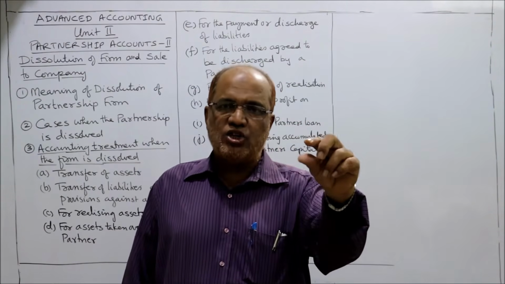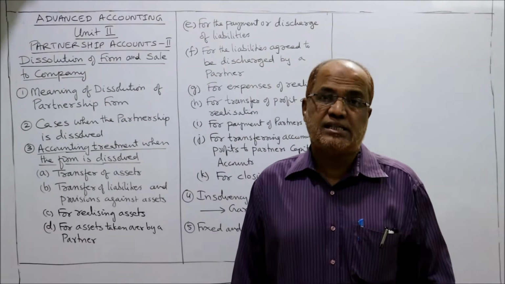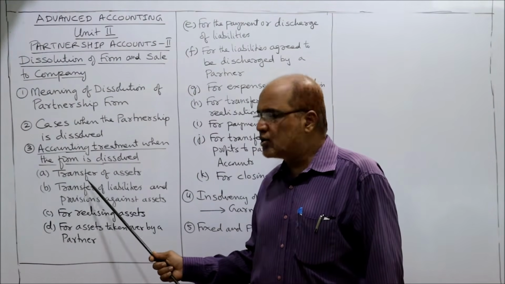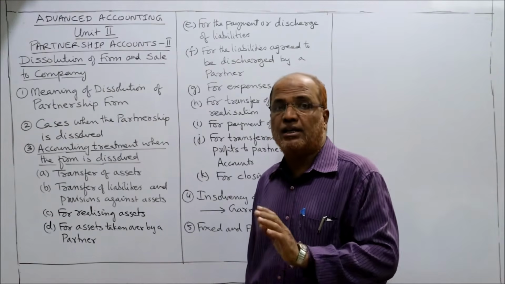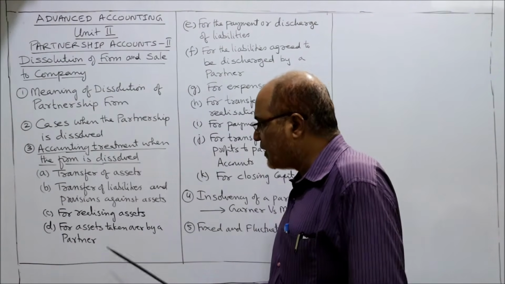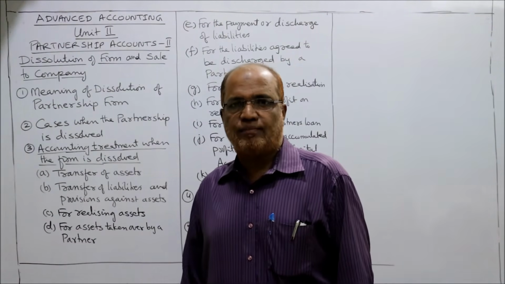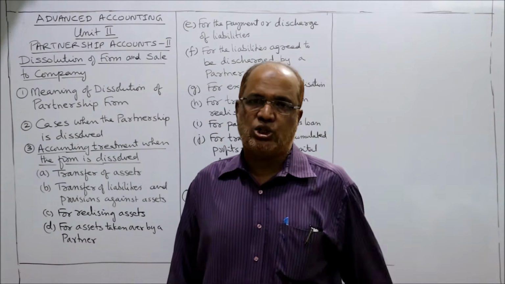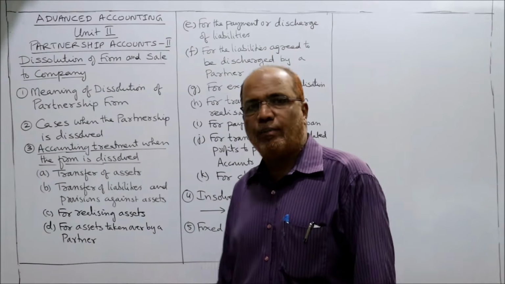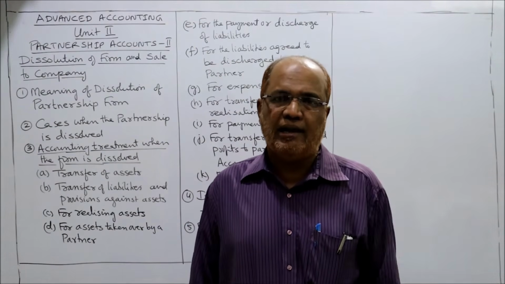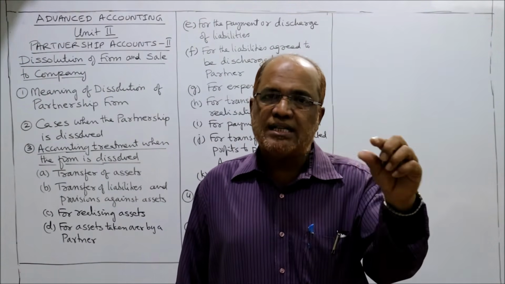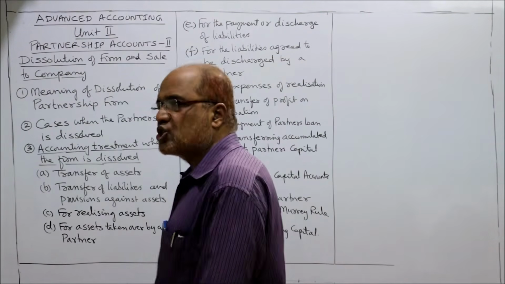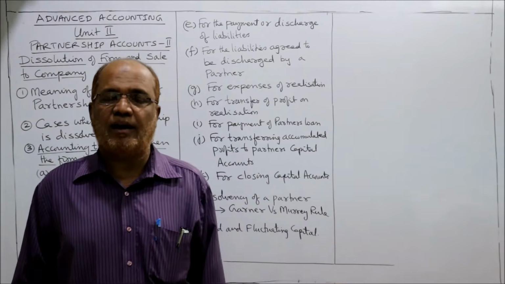लायबिलिटीज अकाउंट डेबिट, प्रोविजन अकाउंट डेबिट टू रियलाइजेशन। तो पहली एंट्री में रियलाइजेशन को डेबिट करें और सेकेंड एंट्री में रियलाइजेशन को क्रेडिट करें, लायबिलिटीज को डेबिट करें। थर्ड, फॉर रियलाइजिंग एसेट्स, एसेट्स बेचे, पैसा आया, बैंक अकाउंट डेबिट टू रियलाइजेशन। फॉर एसेट्स टेकन ओवर बाय अ पार्टनर, एक पार्टनर ले लिया एसेट को, तो पार्टनर्स कैपिटल अकाउंट डेबिट टू रियलाइजेशन। नेक्स्ट, फॉर पेमेंट और डिस्चार्ज ऑफ लायबिलिटीज, लायबिलिटीज को पे कर देना है,